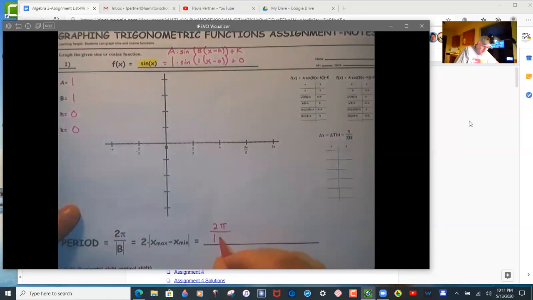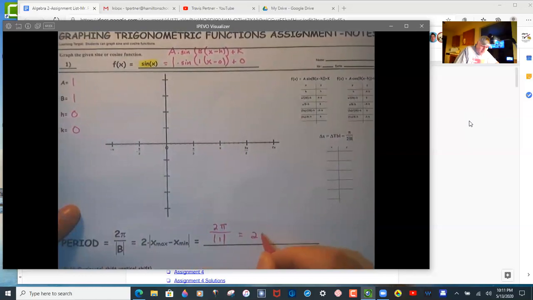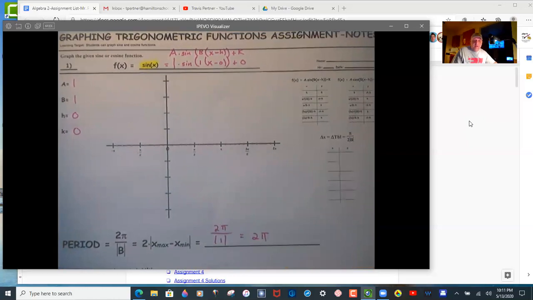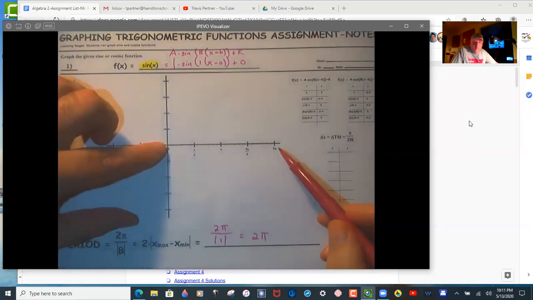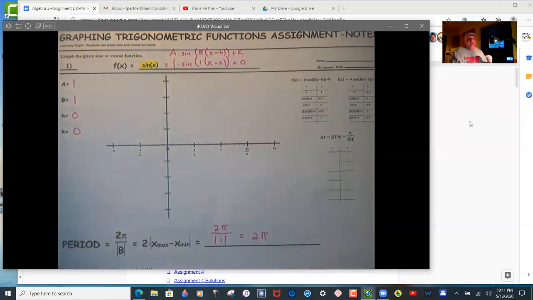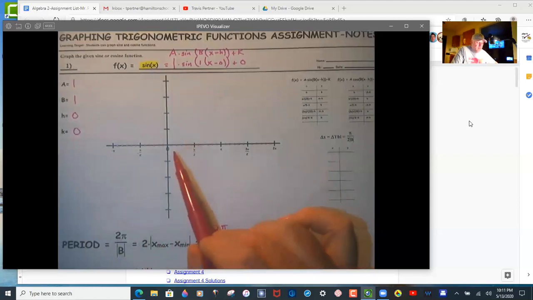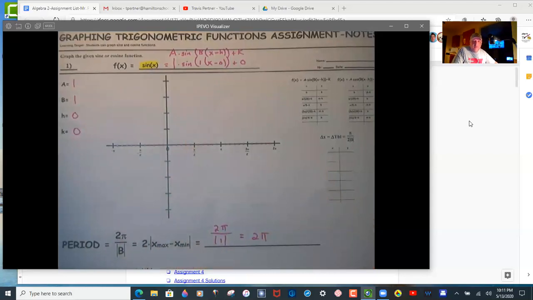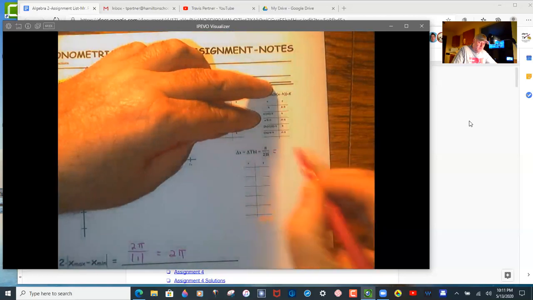the period. So the period is 2 pi, just meaning that we're going to see one length of this over a length of 2 pi. Now recall, we have cut the unit circle and we've laid it as the x-axis. And each little mark is 15 degrees, each little scale mark, or pi over 12. That's very important. So the very first thing you want to do is to